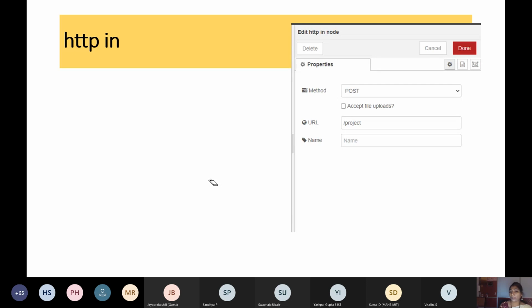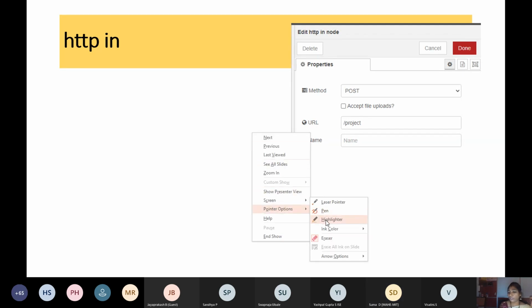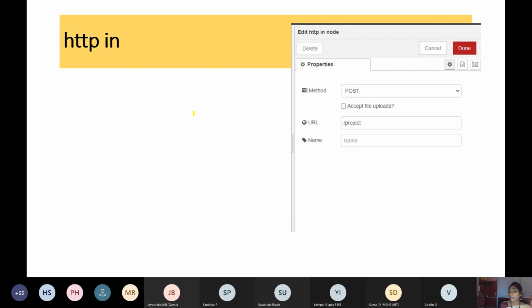So HTTP in node. Now you should use the name which you defined in the function node, because you are going to encapsulate everything in a URL object, and we are going to transmit it. The same word here we are going to use. Whatever word you use to define it in the function node, you are going to use it here in the project.